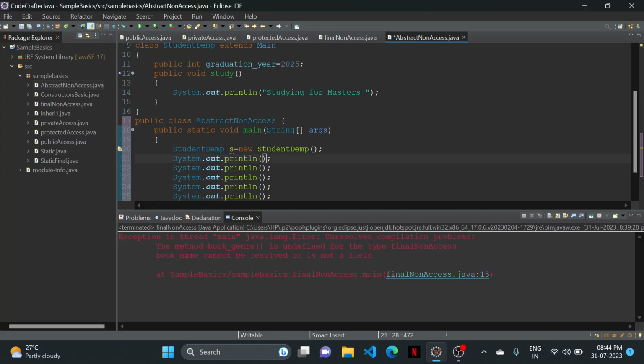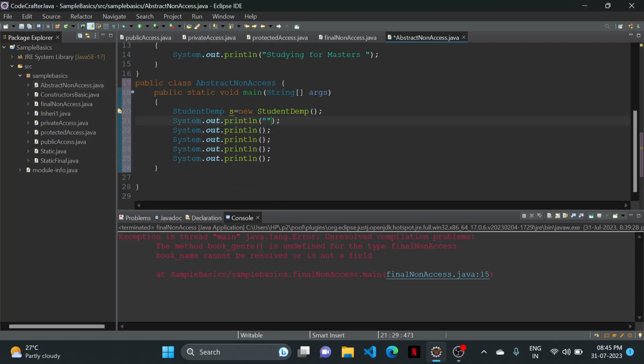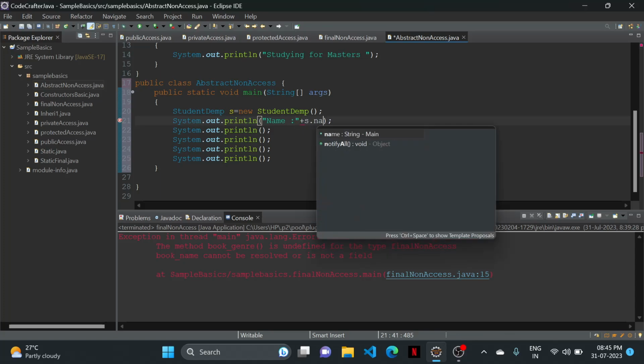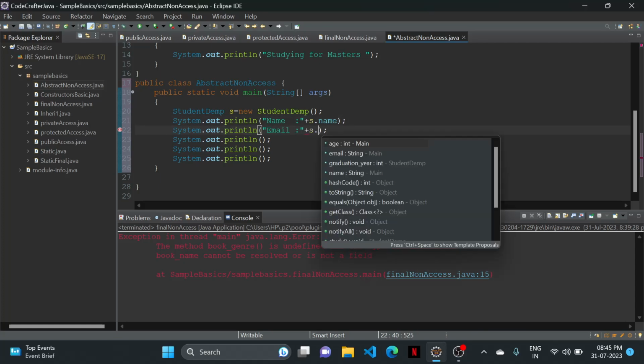Okay, now we will first print the name of the student by using the object name, s dot name, and the email of the student, s dot email